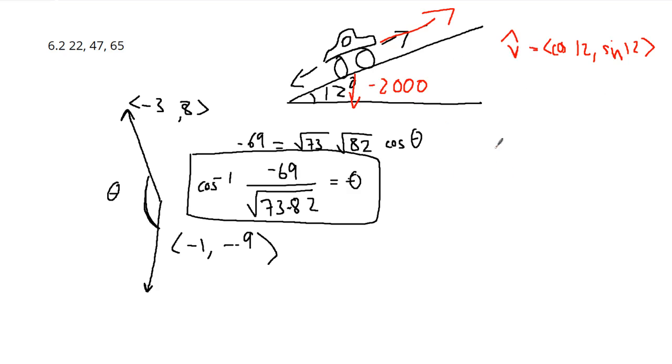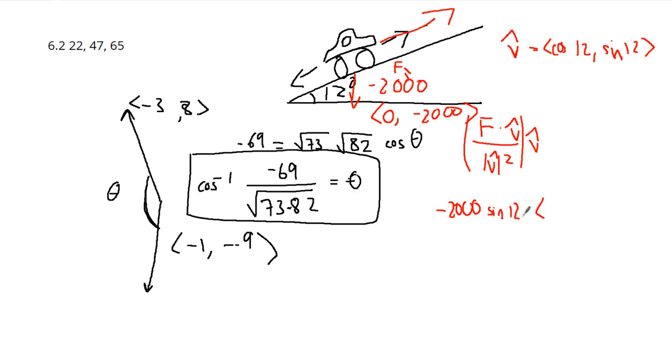So we're going to be using projection. It will be u dot v. So let's say this is f. So f dot v over v squared times v. And since it's a unit vector, the v really doesn't count. So we'll end up having minus 2,000 multiplied by this vector right here, which is 0 minus 2,000, because it's going down in the y direction. So this will end up being 2,000 sine 12, and then multiply that by